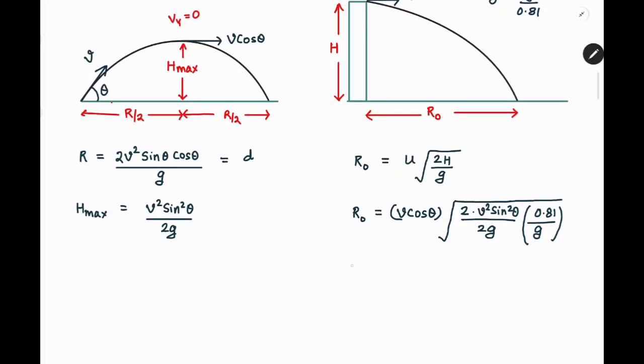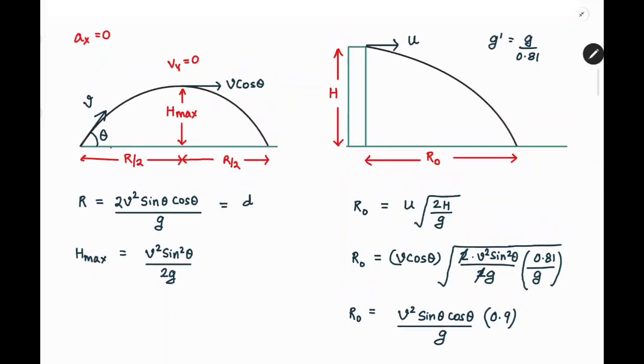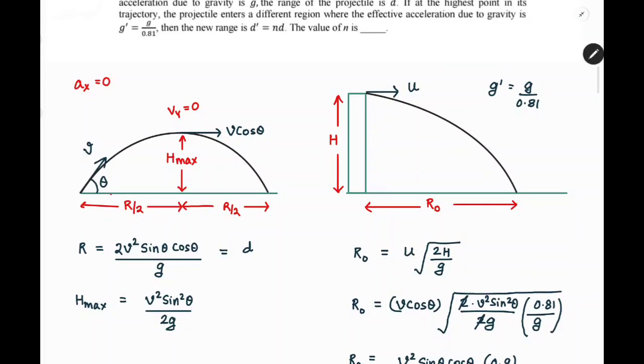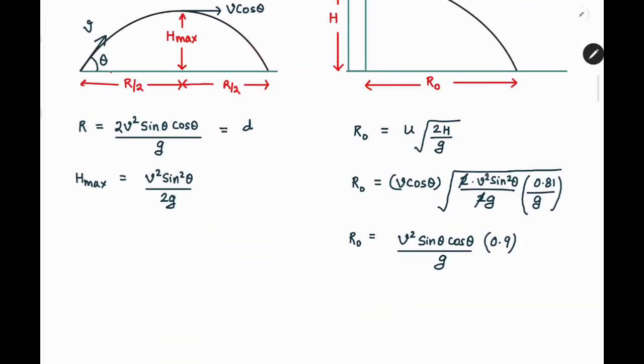If we solve this r naught, then we can say r naught is equal to, so 2 and 2 cancelled out, v square will come out, it will become v square sine theta cos theta, g square will turn out to become g, and then root under 0.81, so it will become 0.9. So this is the expression for r naught that we have. So the total range over here in the problem is stated will become d dash. So d dash can be written as,